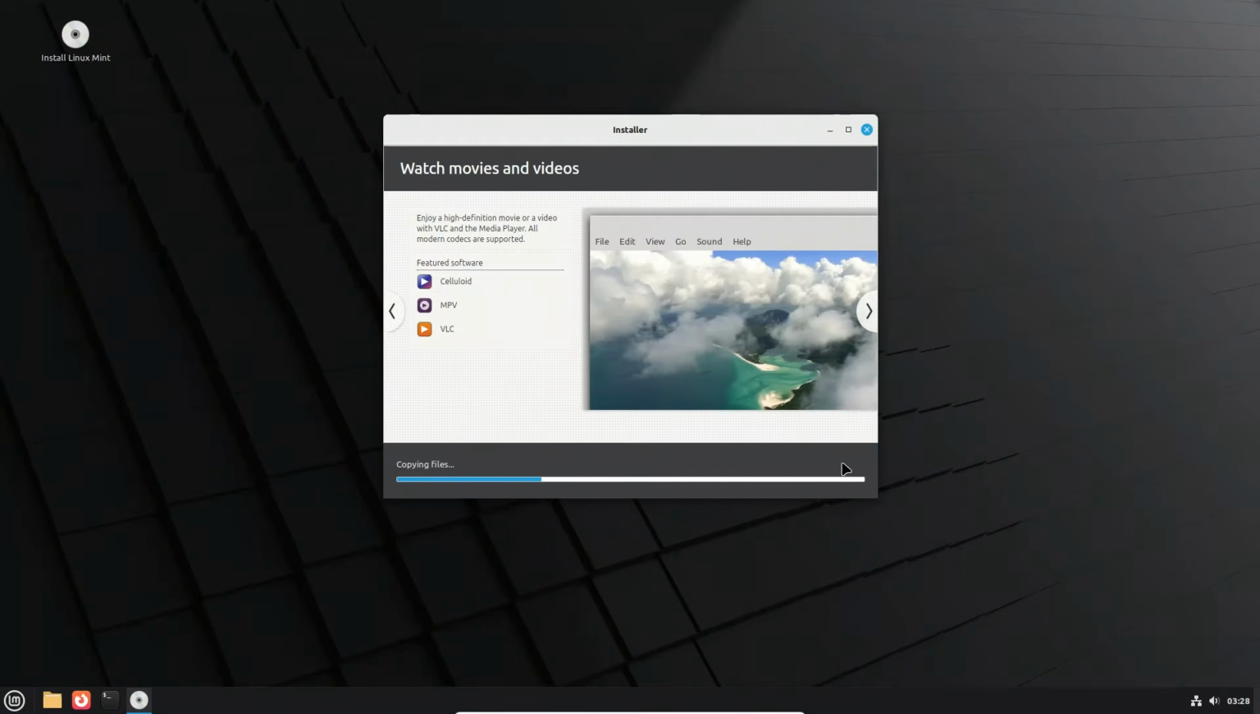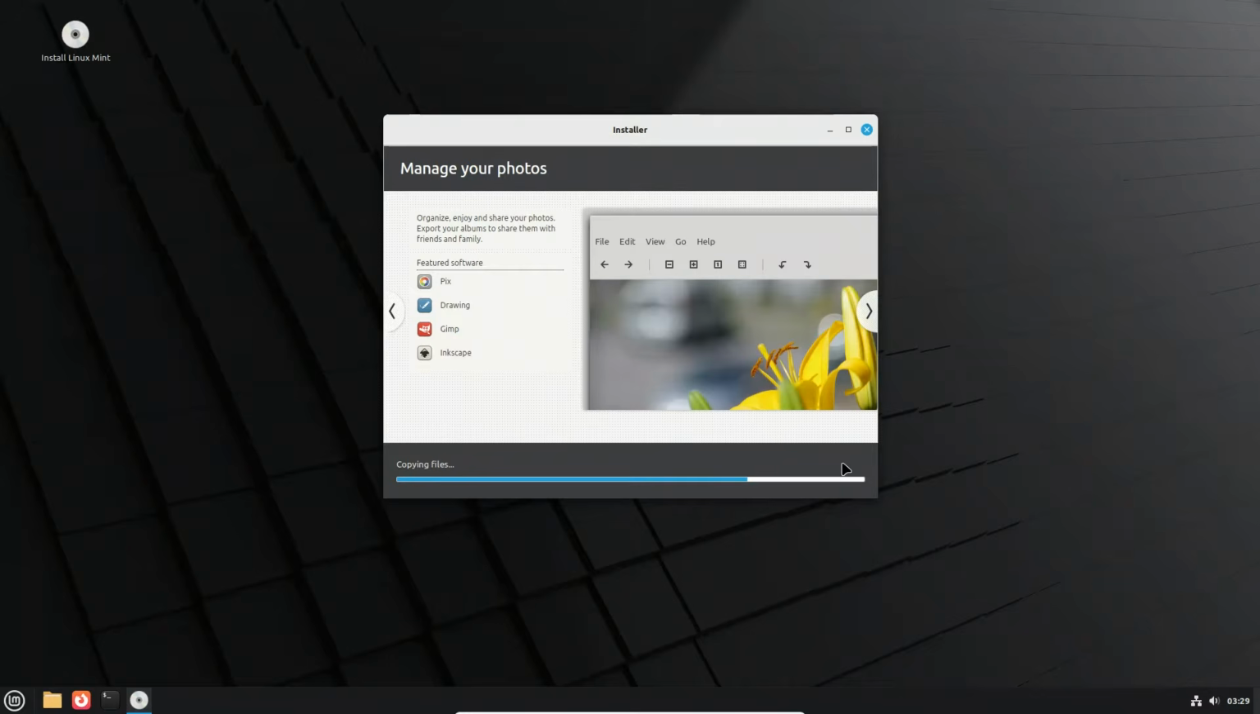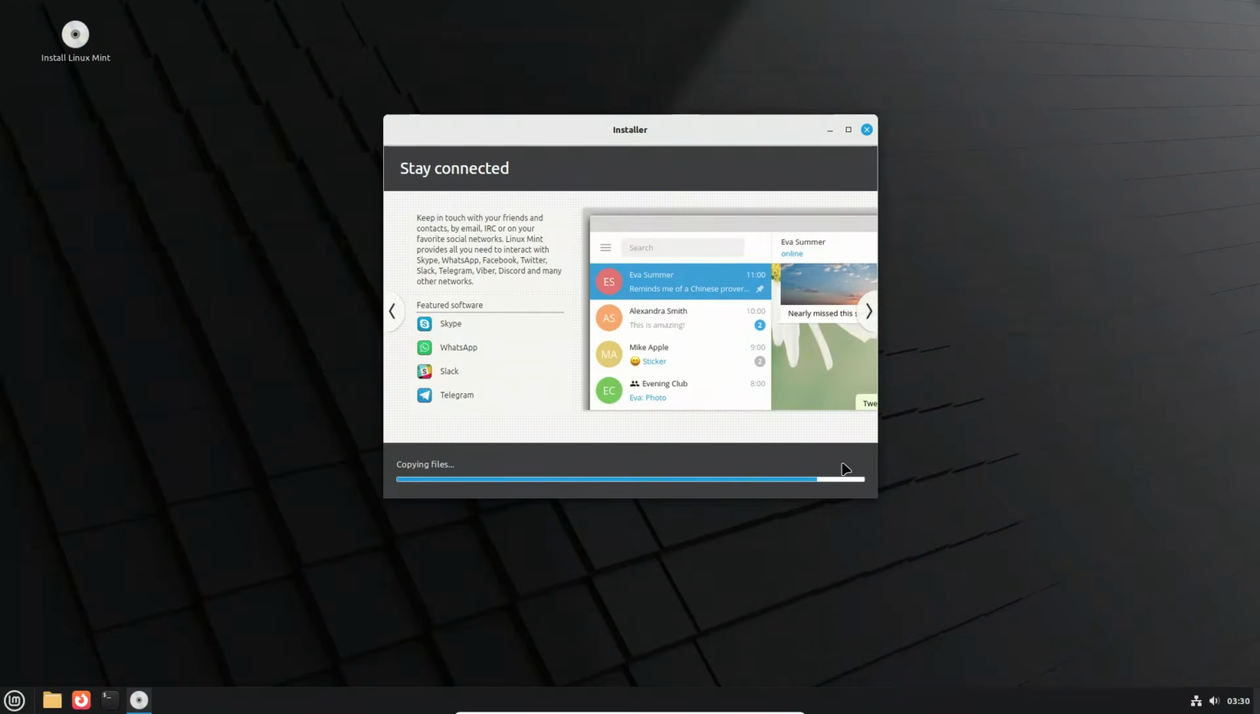to free and open source software by default. As a result, formats like MP3, MP4, and certain video and audio codecs will not work right out of the box. In the Ubuntu